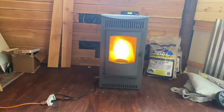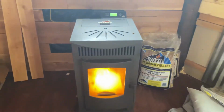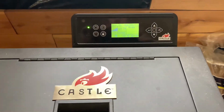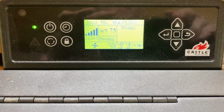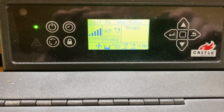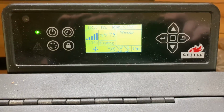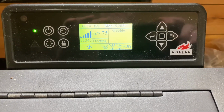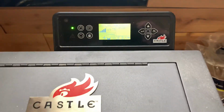And so when you turn the pellet stove on, it has this really cool feature. I'm not going to go through it now. I'll go through it one other day if I'm motivated enough. But I have it set for weekly. I don't know if you can see that. So it'll turn on whenever I want. I set it for 11 o'clock every day to run from 11 to 11 at night. And right now we're only getting down into the high teens at night. So it actually does pretty well at keeping the house, 2,200 square feet,